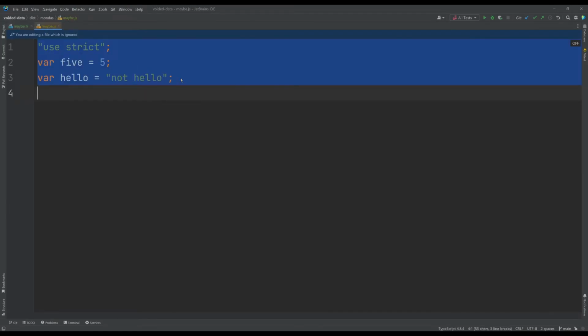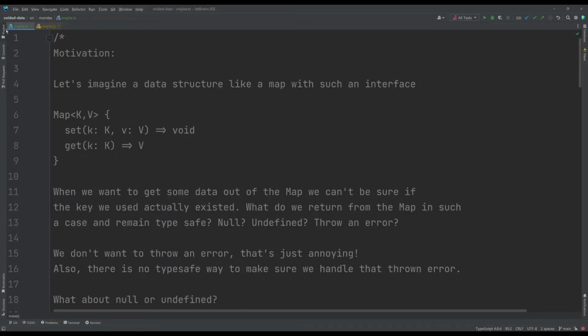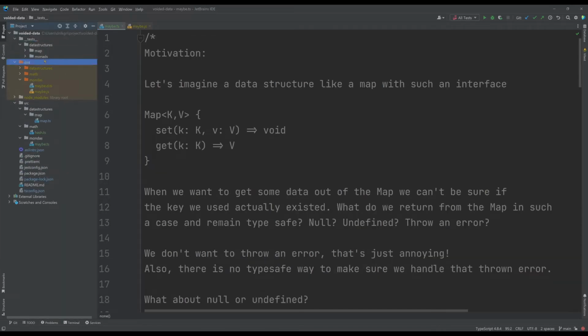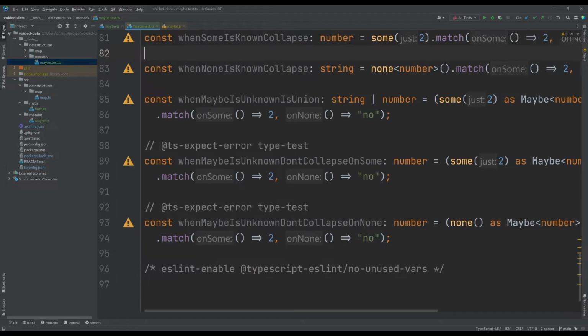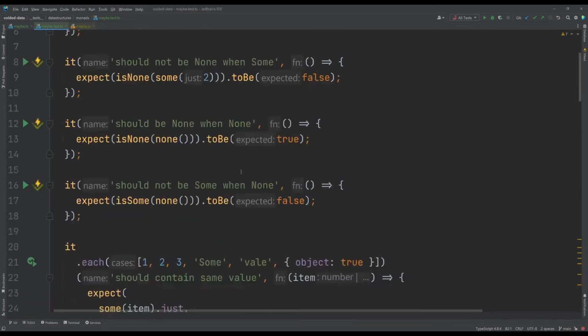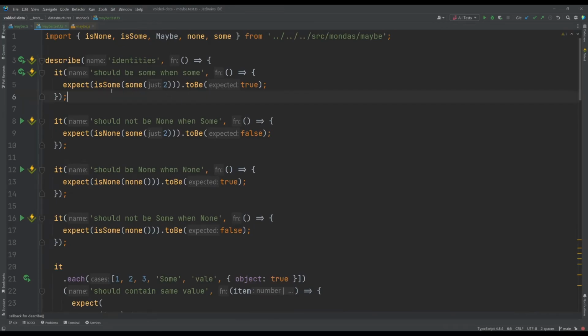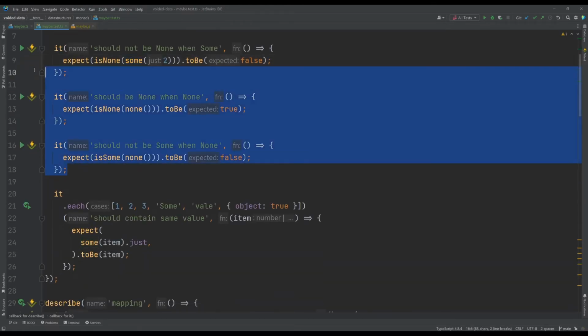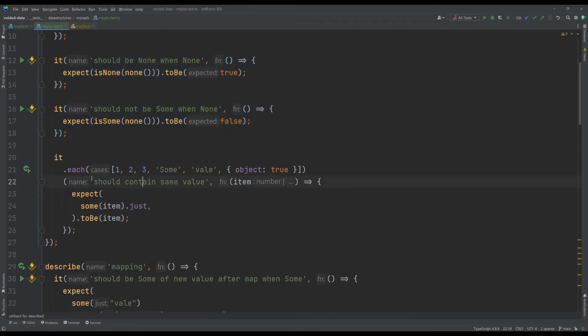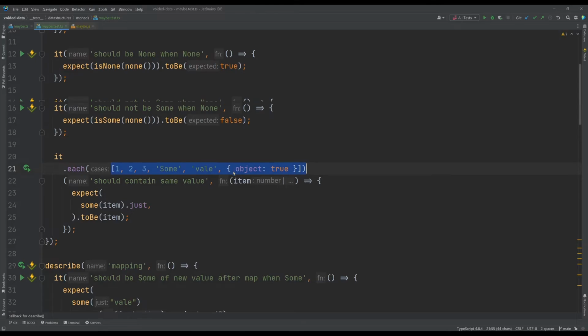One maybe interesting thing to look at would be the tests. I have written them in advance. And to just look at how would we actually test something like this. So in this case, we're just testing if is-sum, this is-sum function is true if we feed in a sum. The same thing for is-none if it's false if it's a sum. These are the two equivalent cases. Then here we check whether the item we put in is actually the item we get out with just a few different objects.